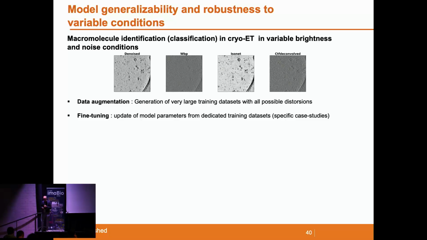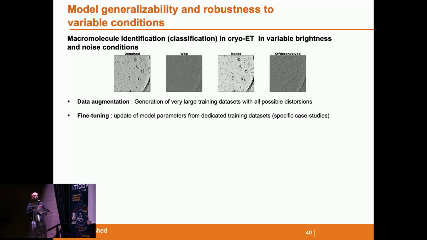Okay, the second conclusion is that sometimes models are not able to process data with different brightness conditions. Here, typically, these images are coming from the CZD challenge. They provided different images, and if you train a model to detect macromolecules here, it probably doesn't work on this image. That's a problem. So the basic approach is to apply data augmentation, which means you have to generate a